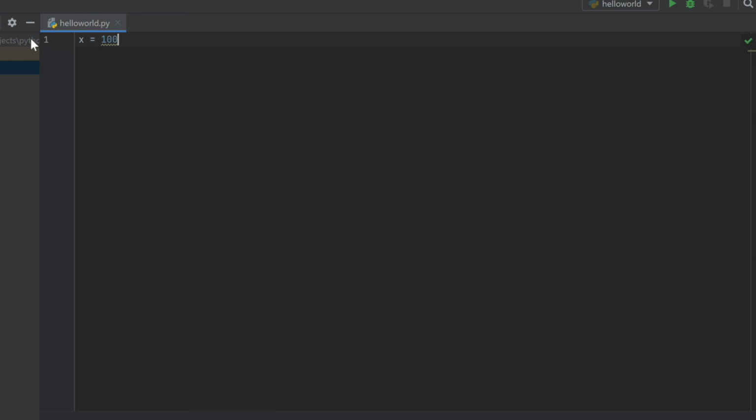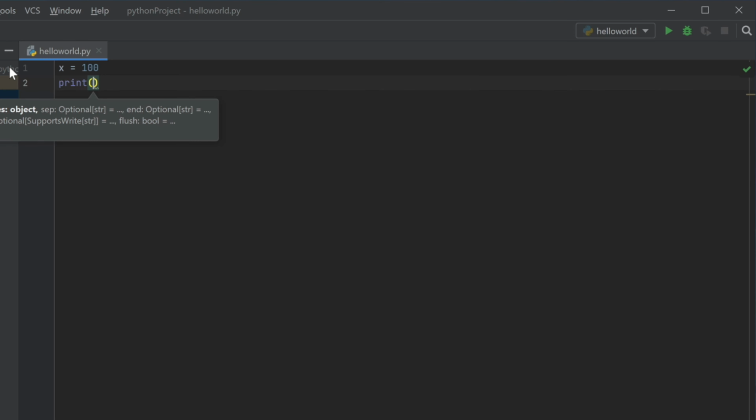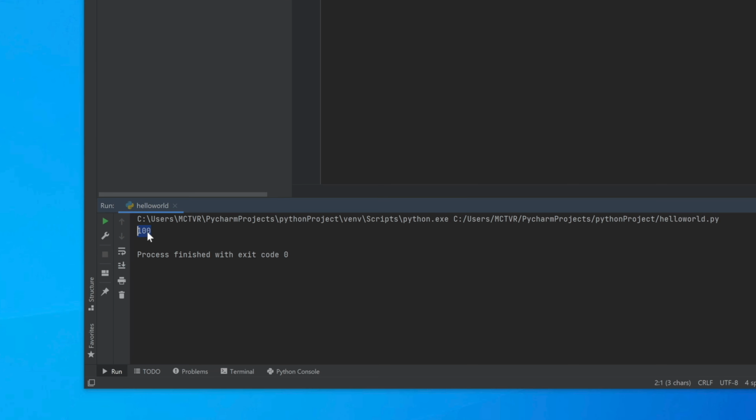If you only type integers, they are numbers without decimal points, just a normal number, so it's 100, and then we can try to print it out. Remember, with your brackets, the parentheses, put your x variable inside, without quotes or anything, just put your variable name inside. Press run again. We can see it successfully prints out 100.